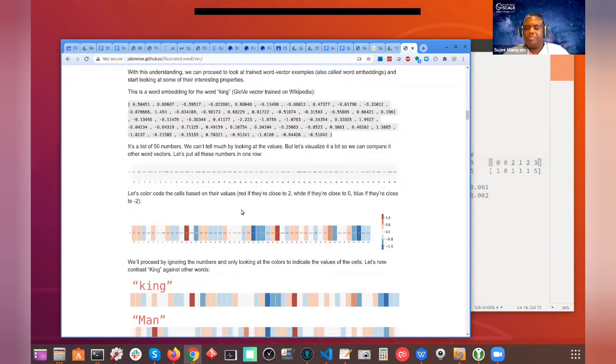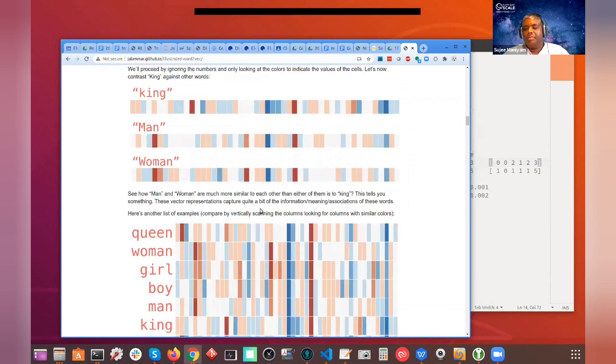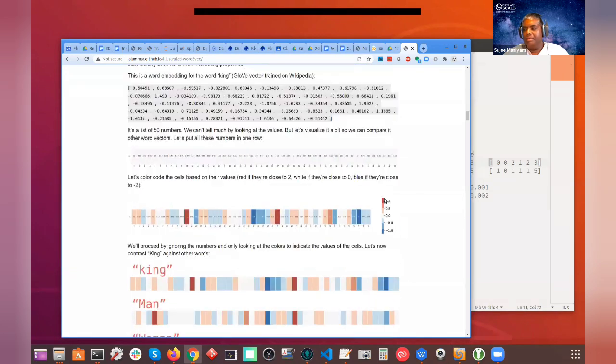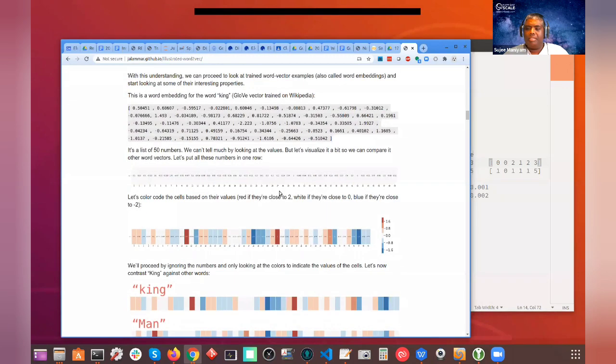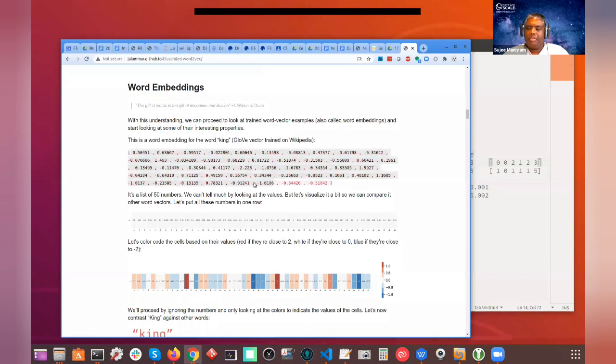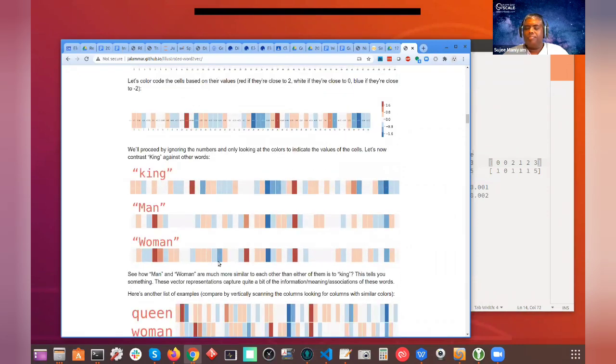Now, the cool thing Jay did was he color coded these numbers. So take a look at these numbers. The color scheme: if it was close to 1, it's red; if it was close to negative, it's more like blue. If you encode the word king, the colorized vector looks like this. The word man is encoded like this. At the end of the day, these are just numbers. We are simply color coding them so we can understand the representation. It's like going to a hardware store and looking at a paint color scheme. This is a scale. And the woman is encoded like this.